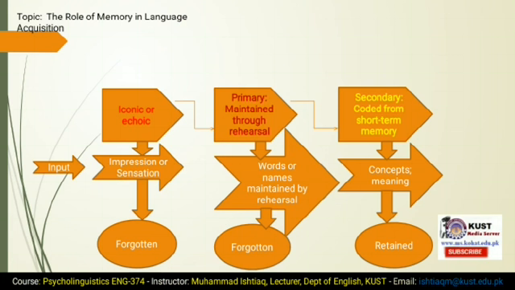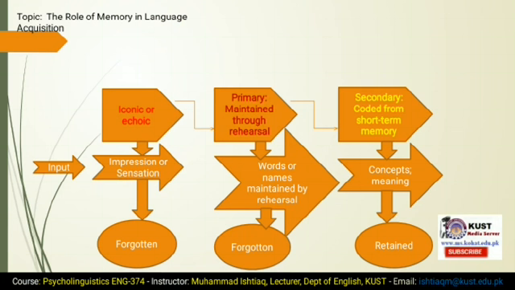maintained by rehearsal. Information from short-term memory or primary memory is again transferred to secondary memory, in which information is stored in the form of coded information, encoded from short-term memory, as explained earlier. In there, information resides in the form of concepts and meanings. So look at the third. If we come to iconic or echoic, just below it is impression and sensation, and then the arrow